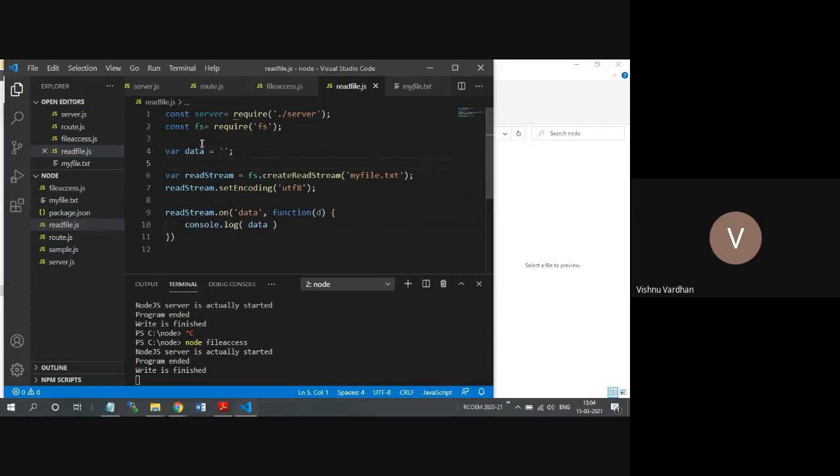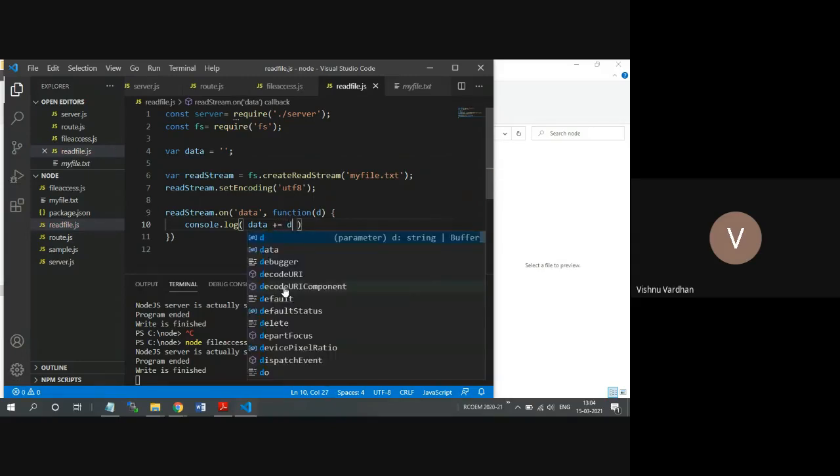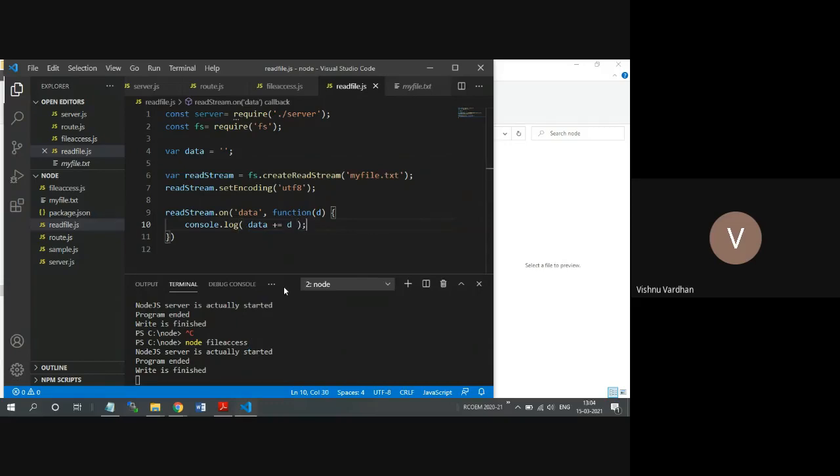some empty string. Here what I want is to concatenate that information with the information read out from the file. That means we have initially taken one variable which is an empty string, and as soon as this particular file is passed, it will take some time. This is a callback actually. So this callback is going to get the information available in the file, and that is given back through this variable d, which is combined with data. So data initially has nothing, and we are going to combine that so as to print on the console. Let us see what is happening with this.